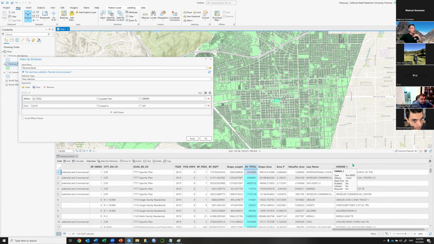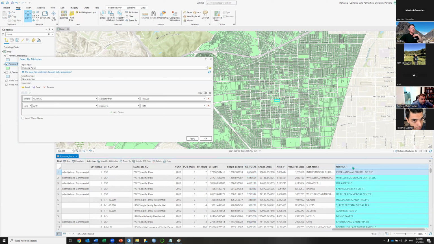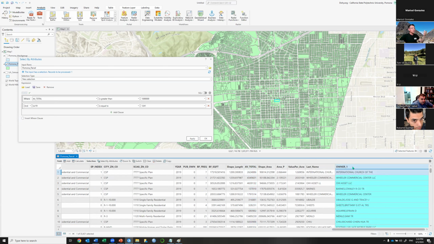If I want to find, let's say, property owners that have the same last name as mine. Some of you may know that my last name, Kim, is a very popular Korean last name. So if I give it a try to find owners with my last name, then maybe I find some record. So, for example,